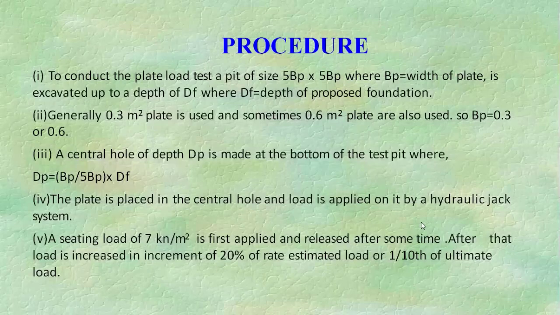Then, in addition to the seating load, 3100 kg is applied on the plate and allowed to complete the settlement until the rate of settlement of the plate is not more than 0.005 mm per minute. Then the deflection measurements are taken from the 3 deflection sensors fitted along the periphery of the main loading plate. Then the load is increased further in increments of 1550 kg to a maximum value of 9410 kg.